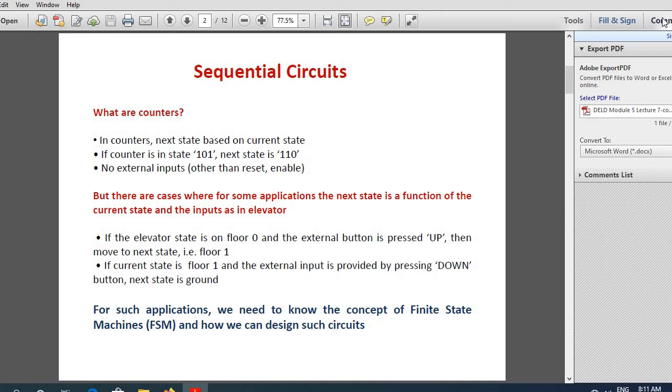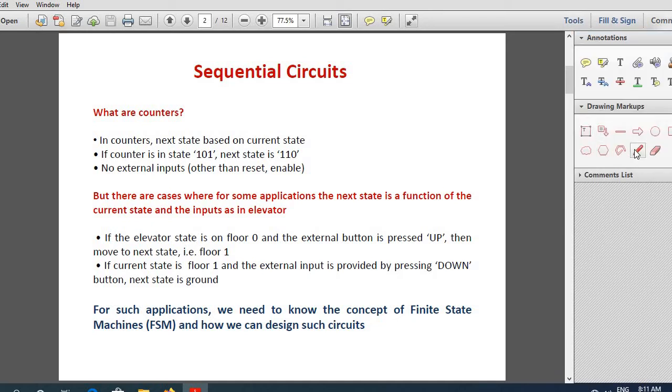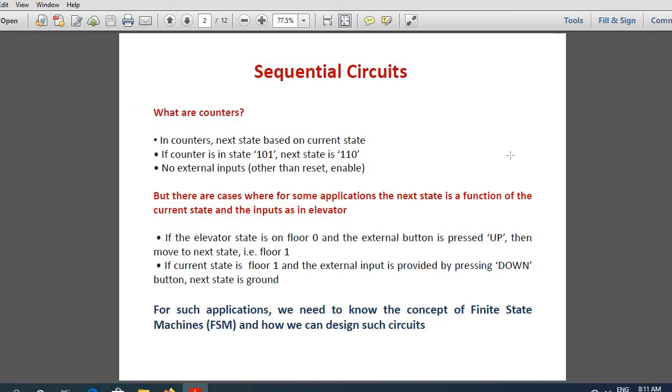Now, first of all, let us start with what are sequential circuits. So we know that sequential circuits have memory, and the most important sequential circuits that you have learnt is counter. So what happens in counters? Actually, the next state in a counter is based on the current state.